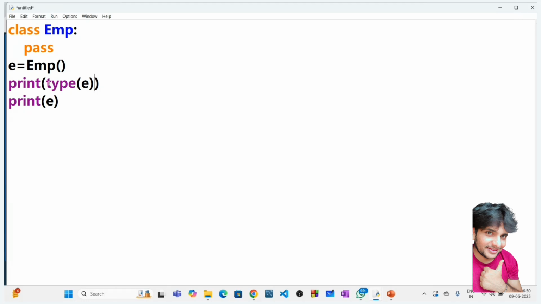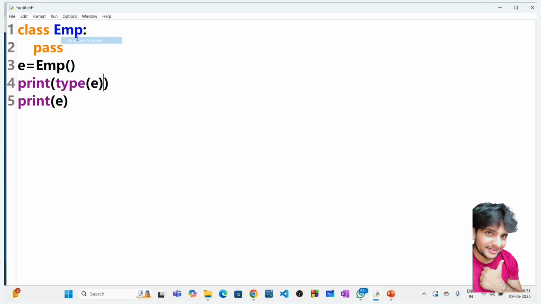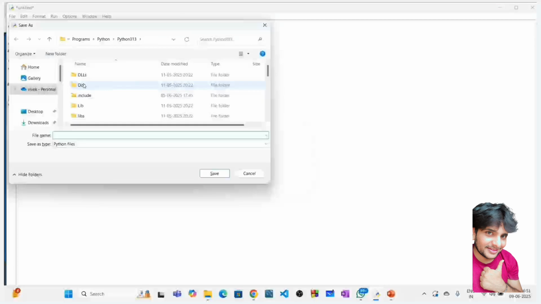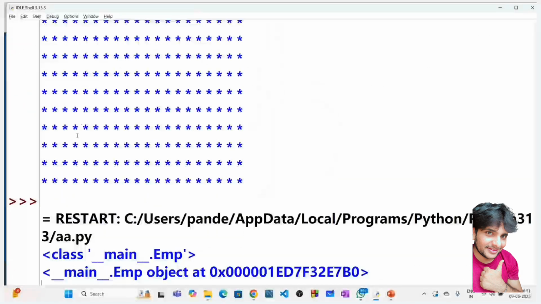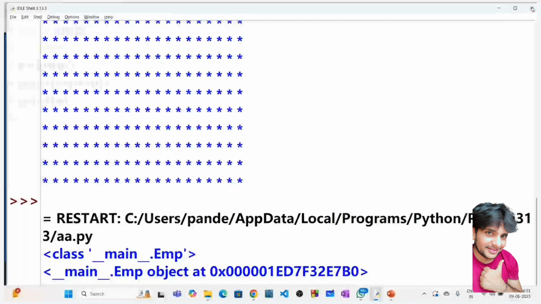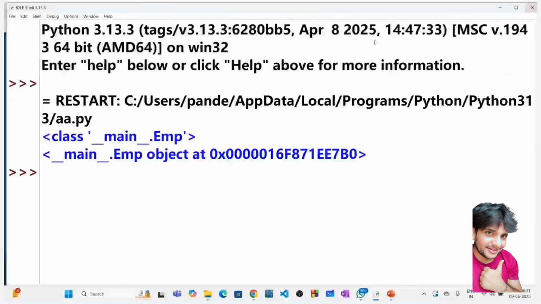Okay. Object. So in the second line, I'm enabling the line numbers. In the fourth line, it is type, and the fifth line is printing the object. So the type would be what we are printing, the type of this E object. You are saying object? Okay, let's see. I'm just closing it and executing once again. Here, see, what I got on the fourth line,